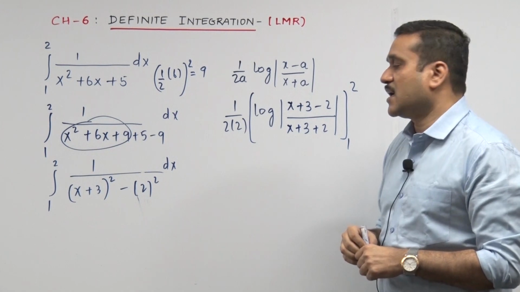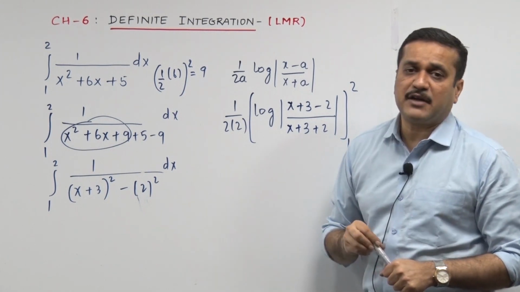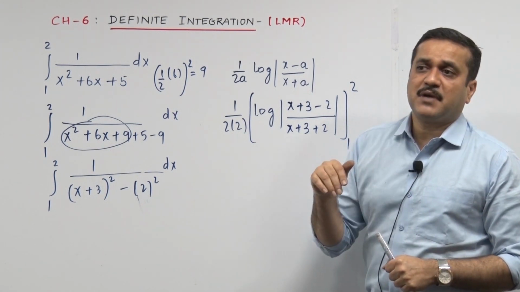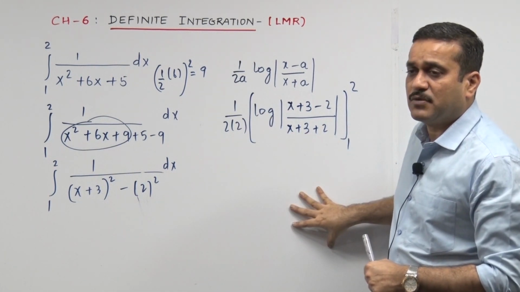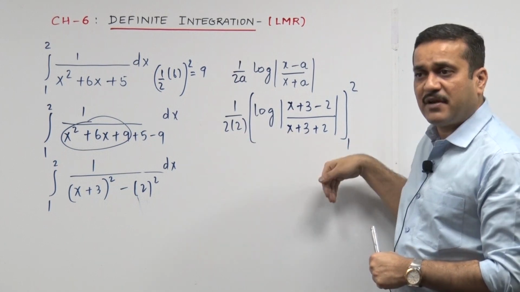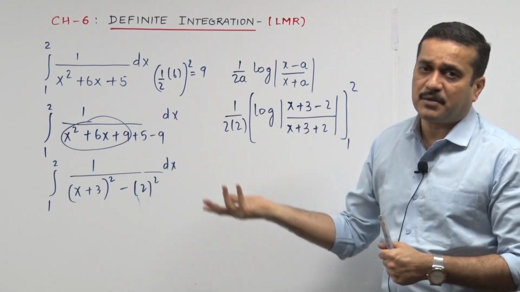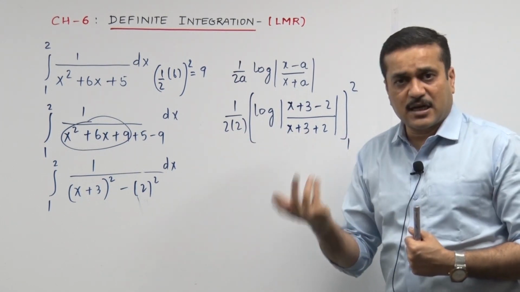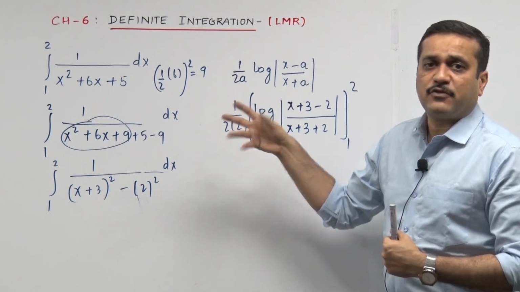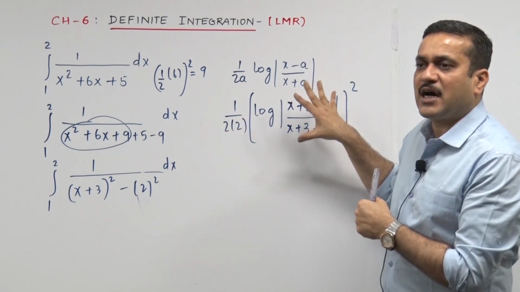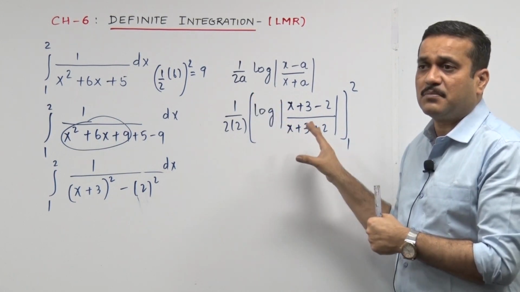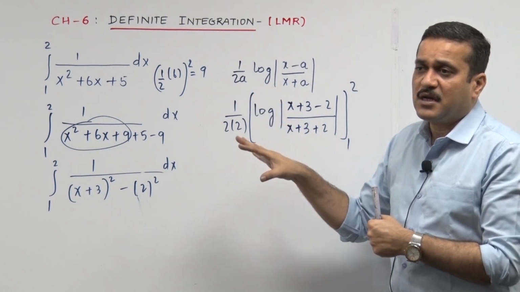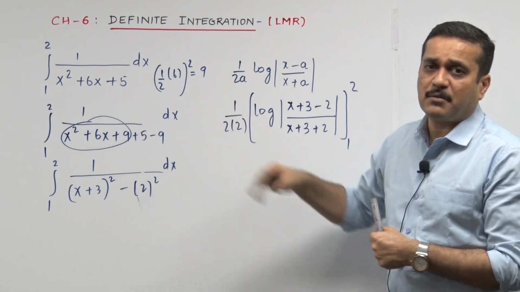Now you may say, sir, how did you decide to keep 1 by 4 outside? If I keep my 1 by 4 inside, when I go upper bracket minus lower bracket, ultimately towards the end 1 by 4 is going to reflect in both brackets and then I'm going to take 1 by 4 common. If that's what I have to do anyway, then keep your 1 by 4 outside. Just keep the heart of the answer in the bracket, and the constant which is going to be in both brackets and which you are going to take common, better keep it outside at the very beginning.